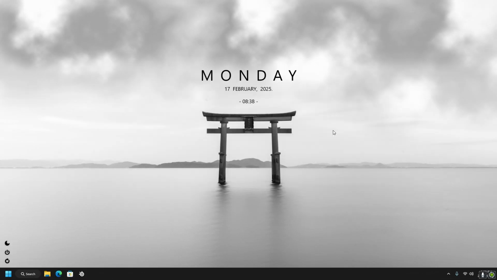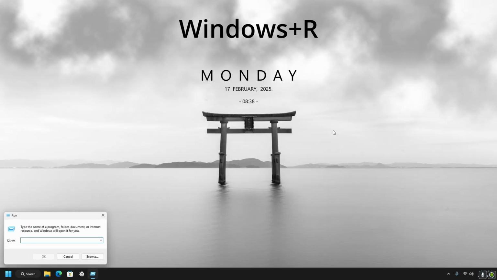Okay guys, so the next thing we're going to do is go into our services and disable a lot of processes that are useless on our computer that can actually take up a lot of your performance. So what you're going to do is press Windows plus R on your keyboard and this will pop up, and then make sure you type this right. Type in services.msc